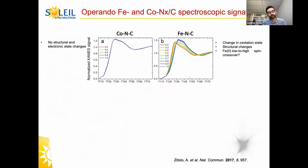Second step was also to measure these materials under operando conditions. And here you can see the X-ray absorption spectra recorded in the oxygen reduction reaction window in acidic media and under oxygen. As you can see, the spectroscopic response is not the same for cobalt or iron. In the case of cobalt, there's no change